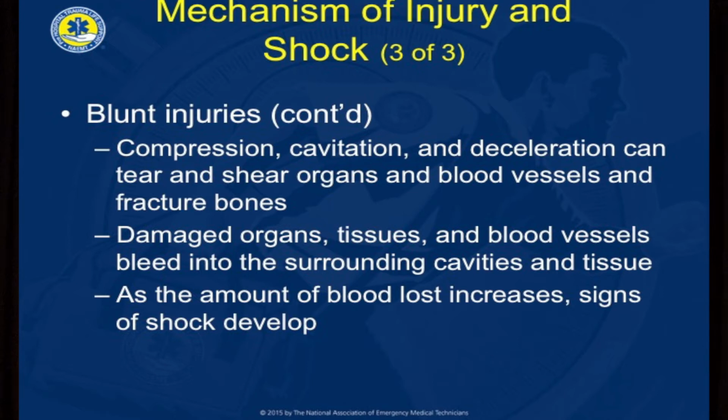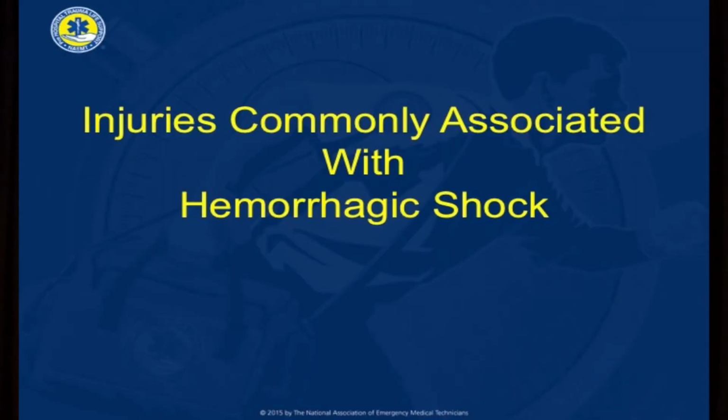Those damaged organs, tissues, and blood vessels can all bleed into the area. That bleeding is decreasing the amount of oxygen delivered, and that bleeding can also put pressure on vessels and organs, causing more lack of perfusion. And as the amount of blood increases, we know that the signs of shock are going to start to develop, starting with mental status changes and then eventually heart rate, respiratory, and then at the end we may see some blood pressure changes. So some of the injuries that you might see most often with hemorrhagic shock, if you've got the